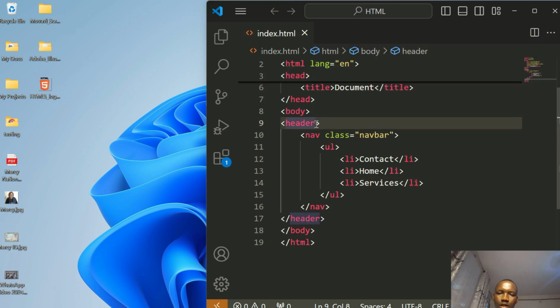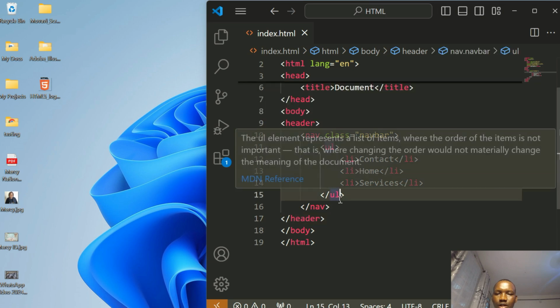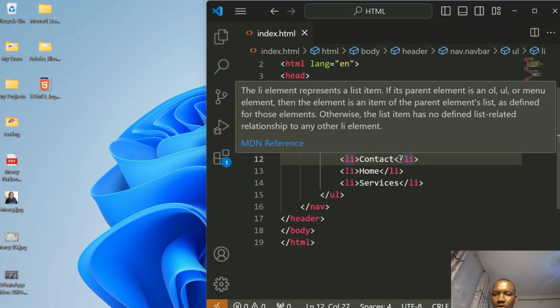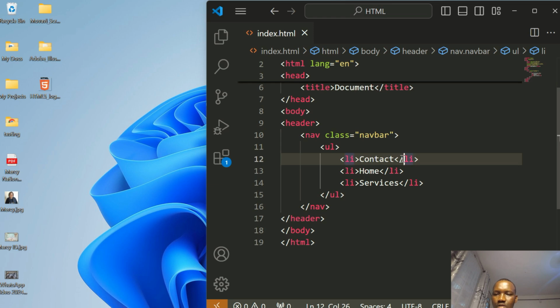Yeah, the closing tag and the opening tag and also the closing tag. You'll notice that the tags and also the other elements of an HTML document have an opening tag and also a closing tag. If it's one, you have the opening and also the closing tag. For a closing tag, you have a / just before the